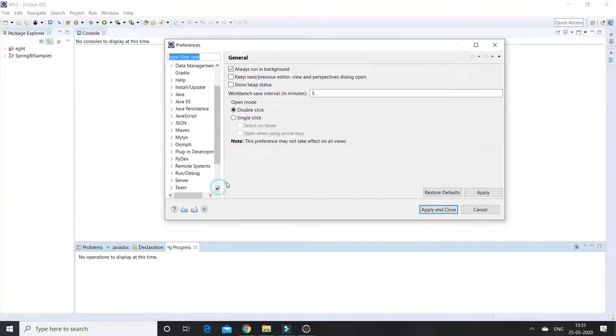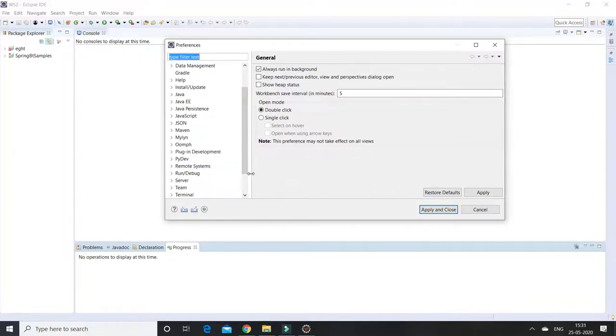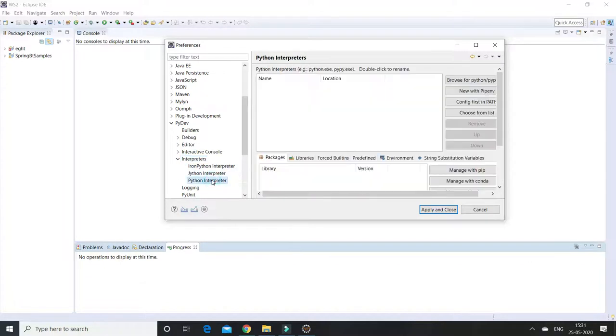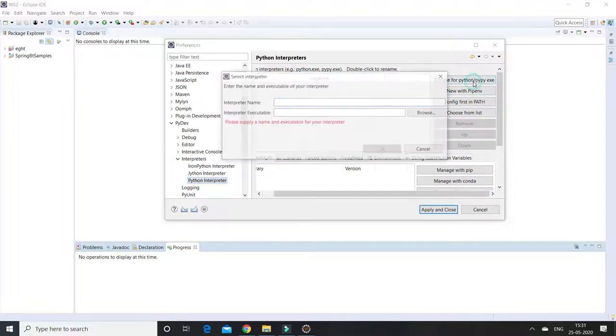Then click on Python Interpreters. Then click once again. I'm going to show you this one, Browse for Python.